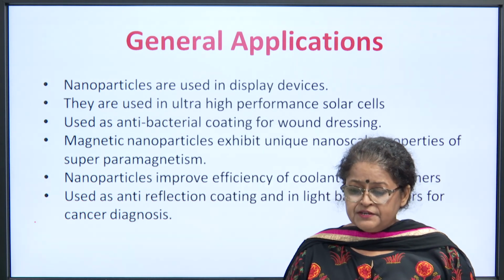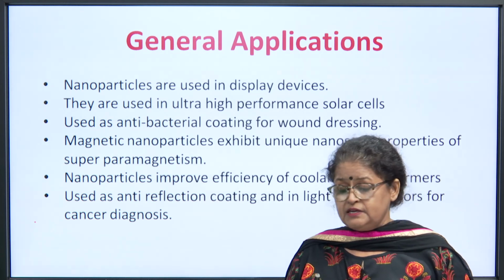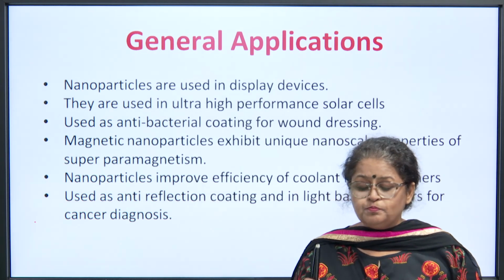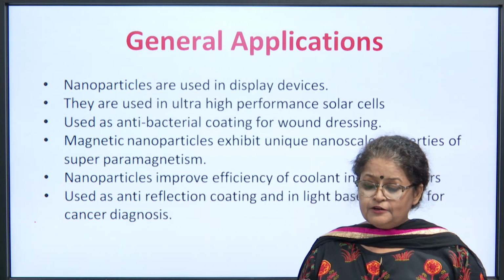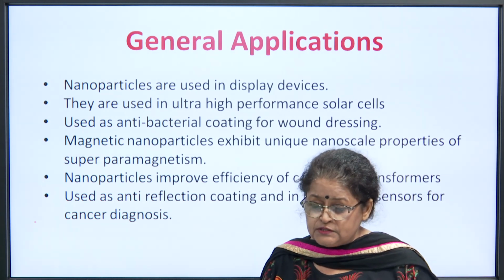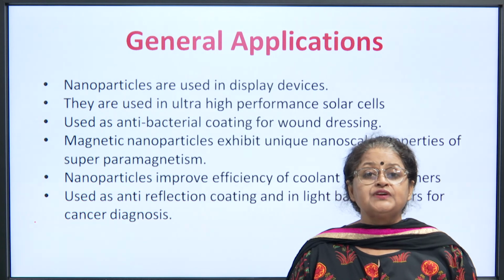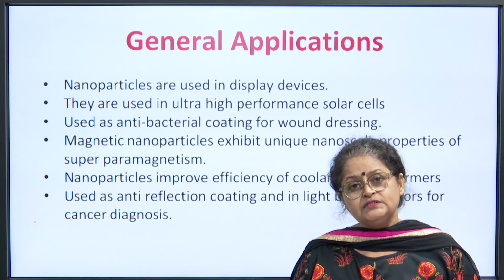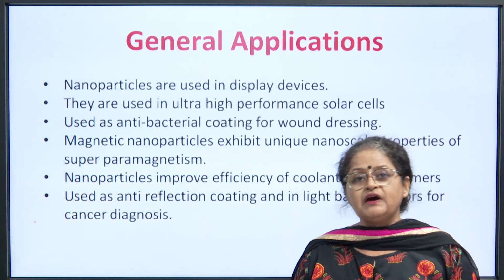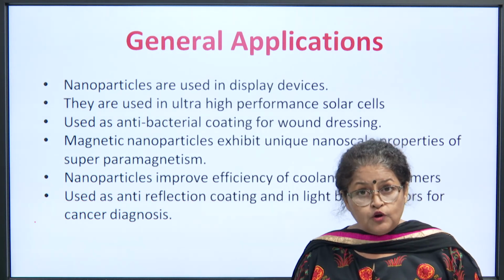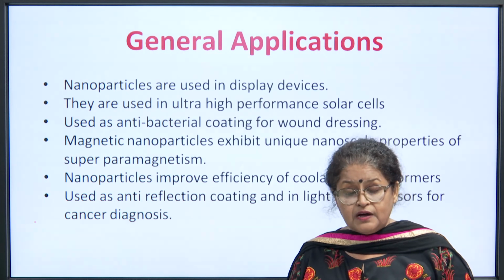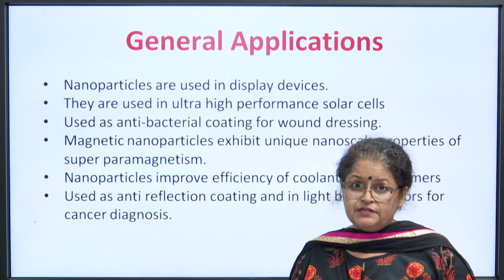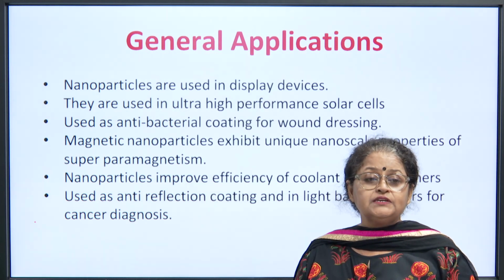Then magnetic nanoparticles exhibit unique nanoscale properties of superparamagnetism, and the nanoparticles improve the efficiency of a coolant in transformers. So, we all know that even vehicles use coolants, even four-wheelers use coolants, even bikes use coolants, and transformers need coolants in abundance. Why? Because a lot of heat is generated there, and